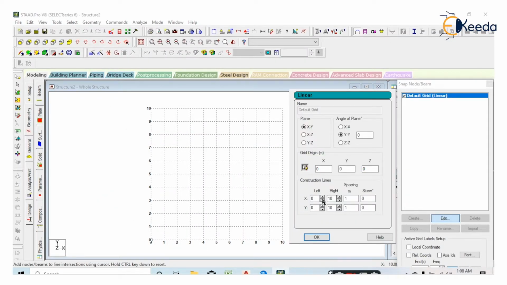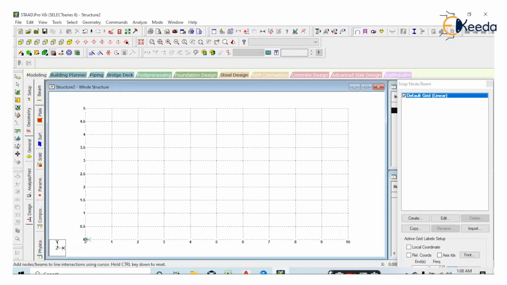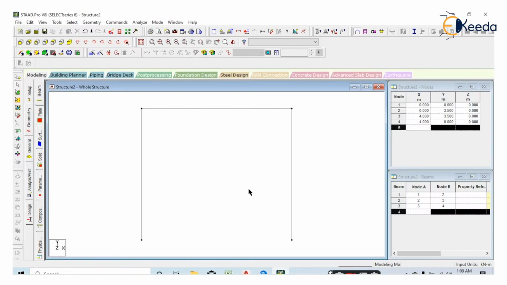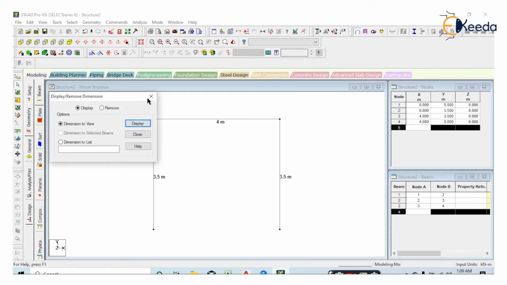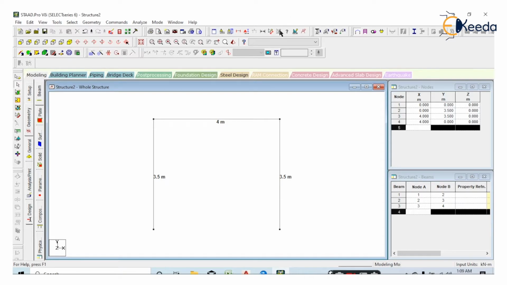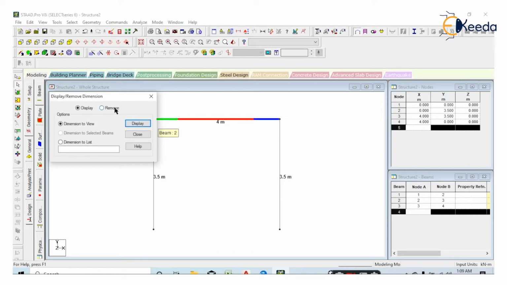Go to edit and set a vertical direction as 0.5. Okay, click on 0, then 3.5 meter height, 4 meter, and then again vertical, right? It's a portal frame. Go to dimension and display to verify the dimensions. Go to dimension and click on remove to remove all dimensions, right?